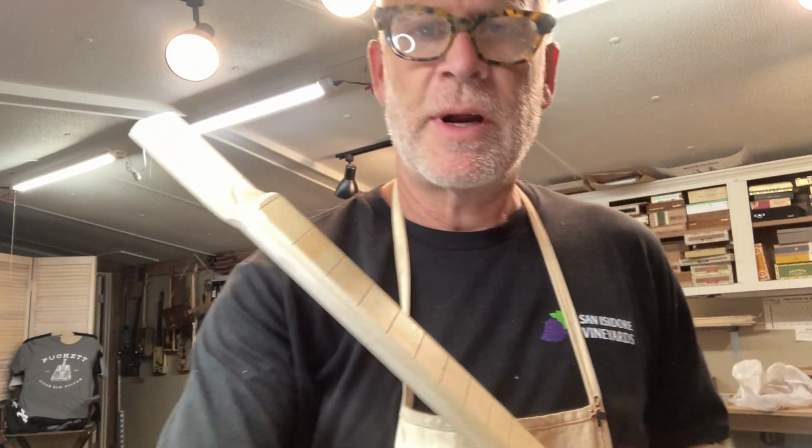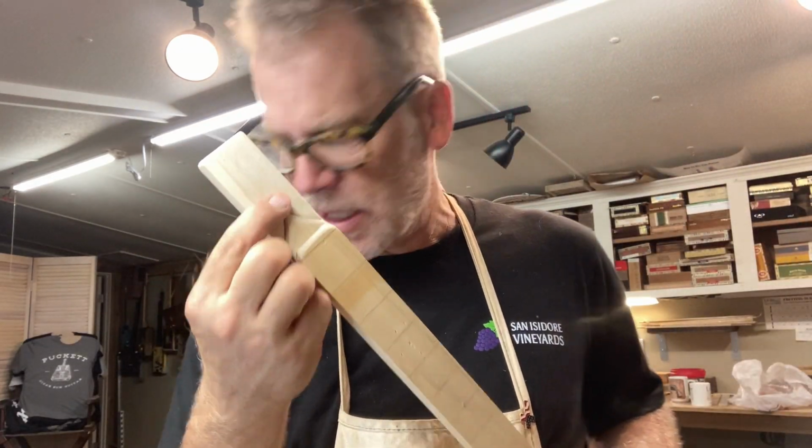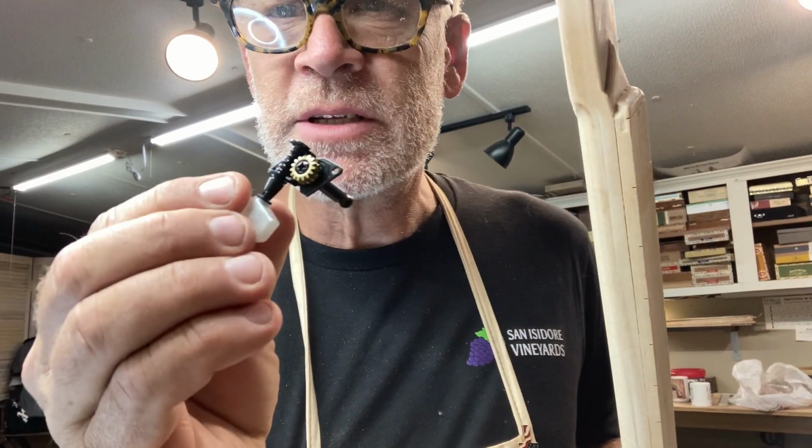The other thing is, before I get carried away with the stain, I did want to drill out these guys. Now, since I'm using these tuners here for this build, and I get these tuners at cbgitty.com,